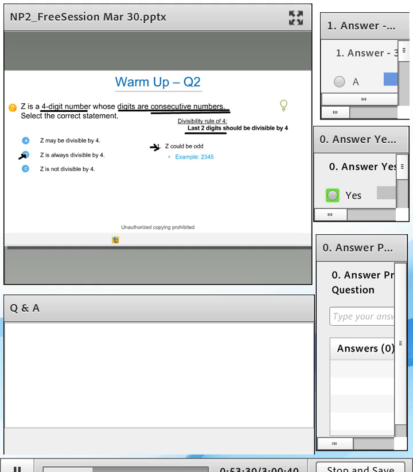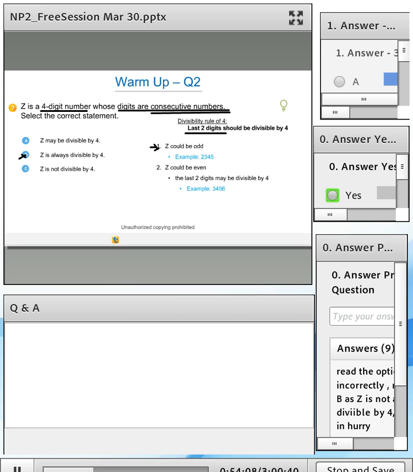Okay. Now, what are the other cases possible? The first case that we took was z is odd. What other cases are possible for z? For us to evaluate all the possibilities of z, what other cases are possible? That z is even. Absolutely right. We started with z is odd. Now let's see that z is even, right? Now when z is even, let's take two cases possible. In the first case, the last two digits may be divisible by 4. Let's take 3, 4, 5, 6. In this case, 56 is definitely divisible by 4.